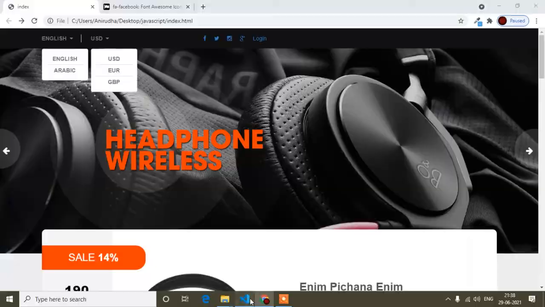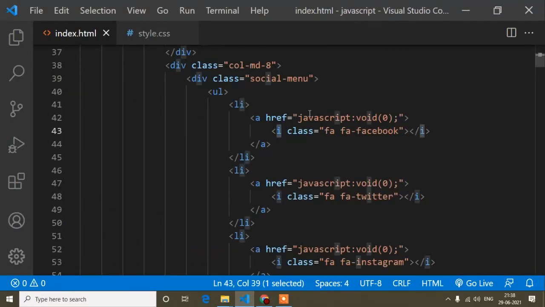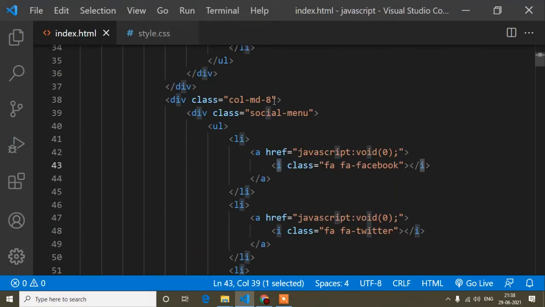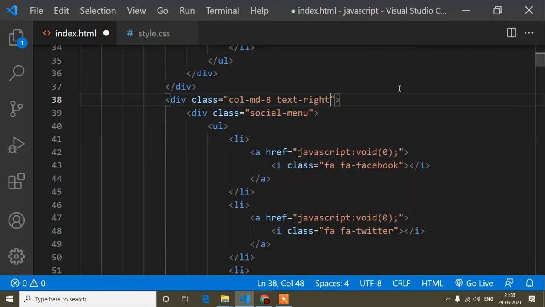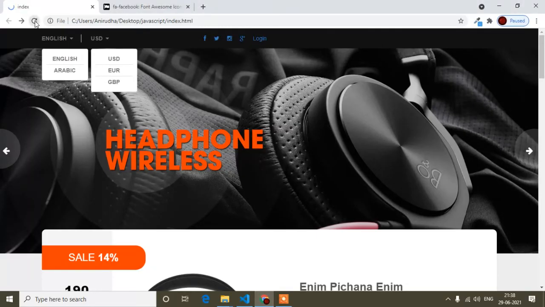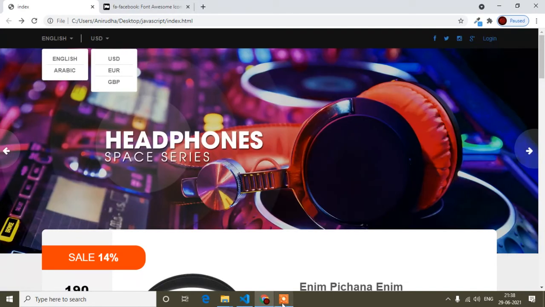So how can we do that? I will go to HTML, and here is the bootstrap class, that is text-right. If I write the text-right class in the parent, so you can write it here also or here also, then all the content will start from the right side, you can see. So now I will add the design for this anchor tag.